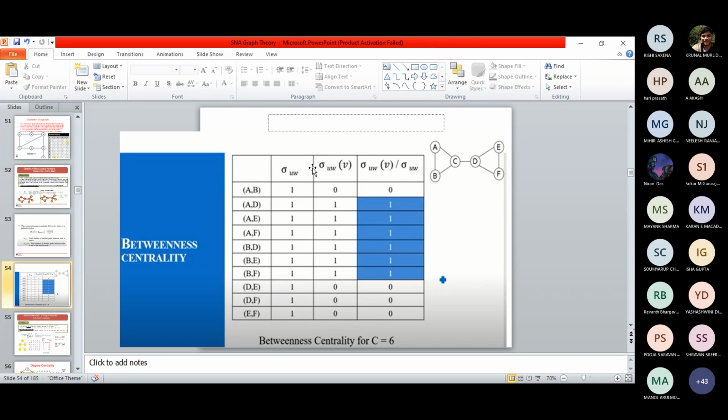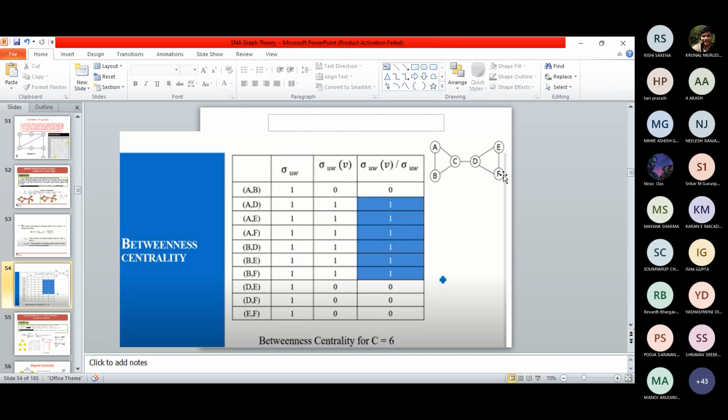Now what you're going to do is, you divide the numerator by the denominator. Okay, so what is this U comma V? This is the shortest paths that exist between the nodes in the network divided by the shortest paths that pass through the vertex C. So when we are doing this, we will get 1 divided by 0, 0, 1 divided by 0, 0, all others will be 1. You sum up all these values, that is the betweenness centrality of C. Now you compute for D, compute for A, compute for B, E, F.